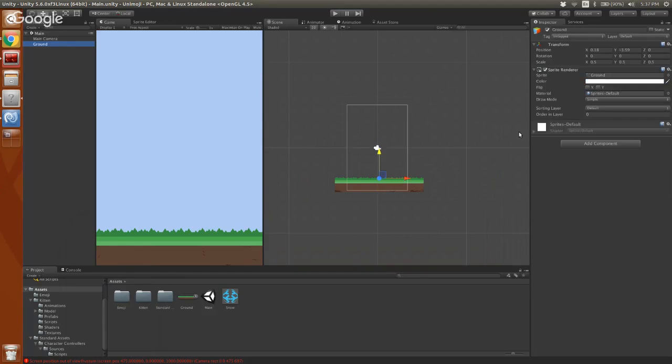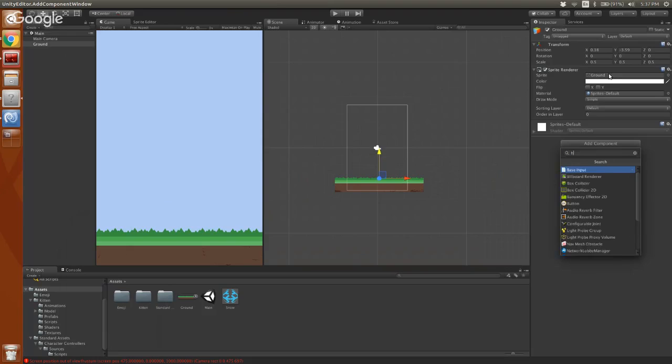So I'll quickly take that ground. I'm going to add a collider to it. And remember, when we created those cubes, we just said, hey, make me a cube. And it came with the box collider, and we added the rigid body for physics. But if we want something to interact with this ground, we need to add these things by hand. So right now, the only thing on here is a sprite renderer that says, hey, draw this image, and that's it. So let's add on a box collider. And this time we're doing 2D stuff. So we'll go to a box collider 2D.